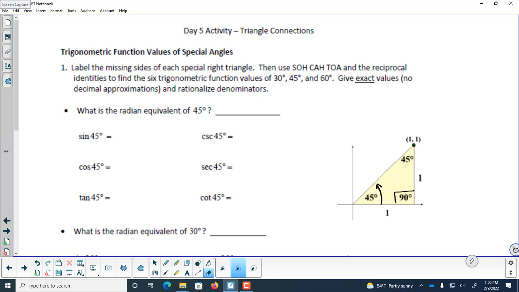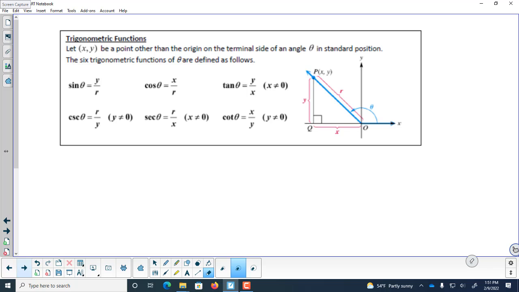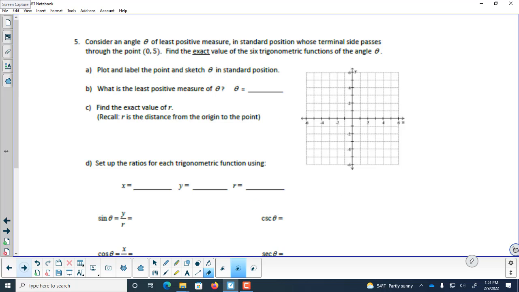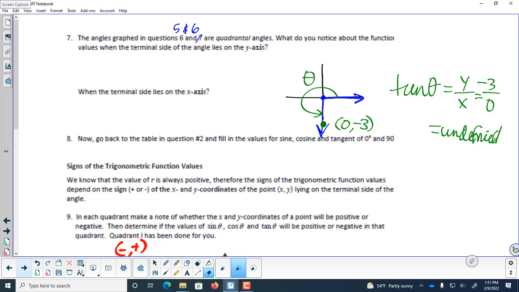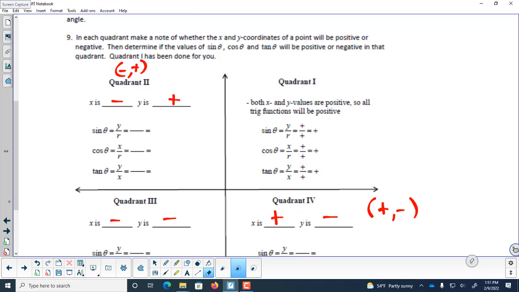All right, so day 5 activity, I posted the entire thing. So I don't know, we tried to get through page 7, okay? Try to get through page 7. I'm going to come back and hit some of these topics. Oh, this is one we didn't talk about. So number 9, I don't know the page. I gotta find mine. So this is day 5 from